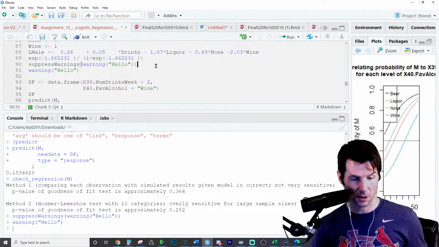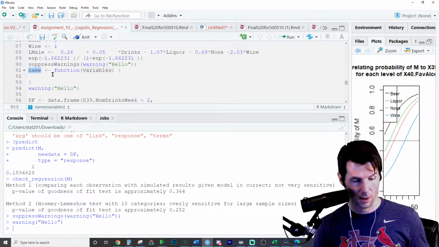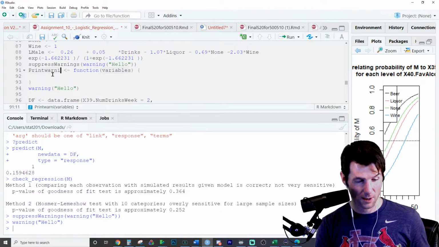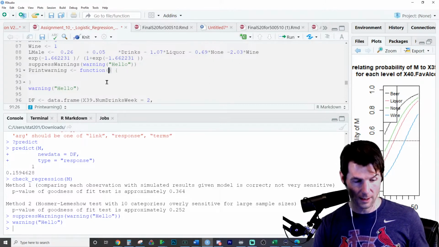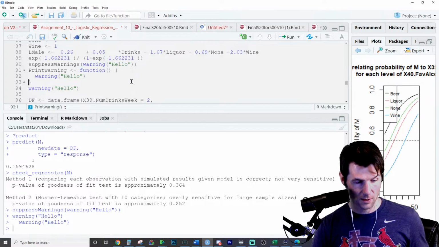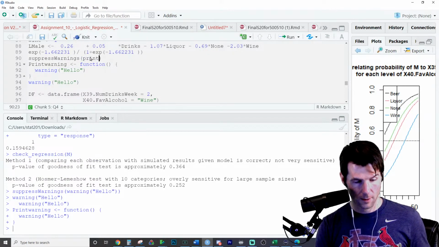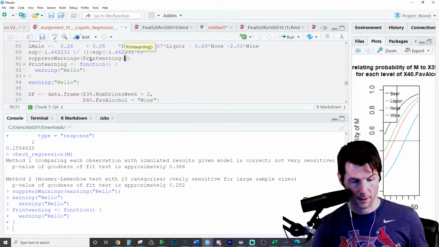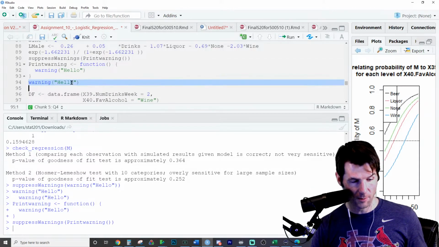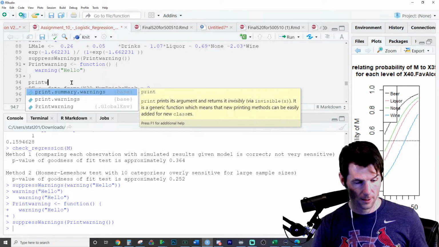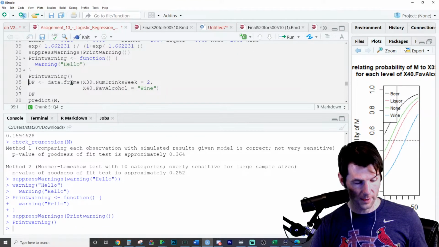That's meant to be in a function. So your function, print warning, and it doesn't take anything. Prints this, run it. And then if we run print warning, then that won't do anything there. But if we run print warning here, it'll really return.